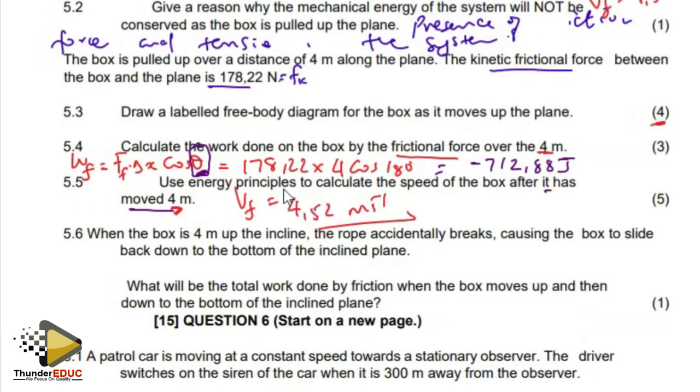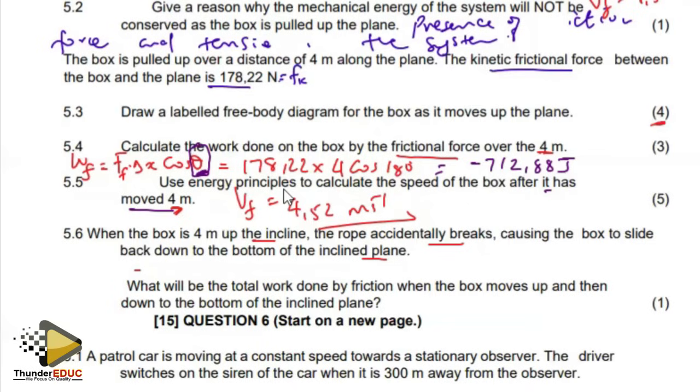Then when the box is 4 meters up the incline, the rope breaks, causing the box to slide back down to the bottom of the inclined plane. What will the total work done by the frictional force be when the box moves up and then down the incline to the bottom? Okay. So